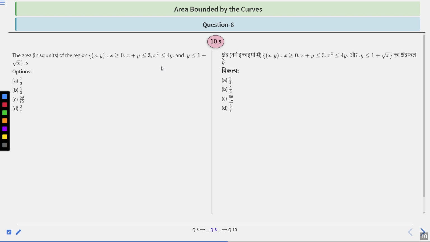Okay. So we will first try to draw the curves and see the area enclosed between them and the points of intersection, that is, which portion to which portion we have to integrate, or whether we have to consider a geometrical interpretation to calculate the area. We will see after drawing the curves. So in this way, you can approach or think about this question. You have 10 seconds to solve this question, and after 10 seconds, we will discuss the solution.